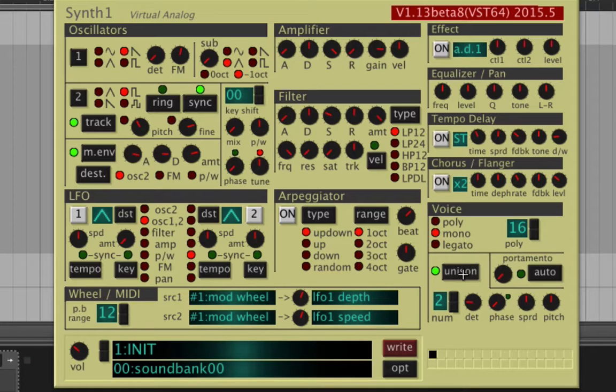And go and add unison onto this. And so depending on the note you hit,